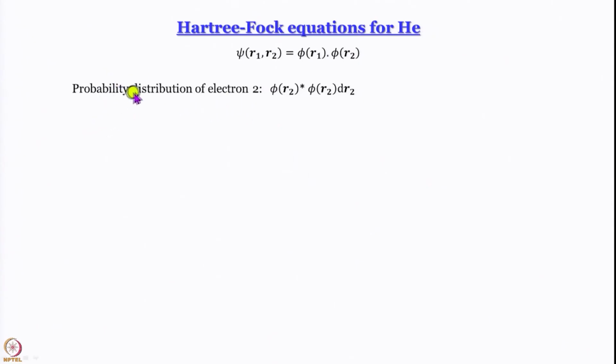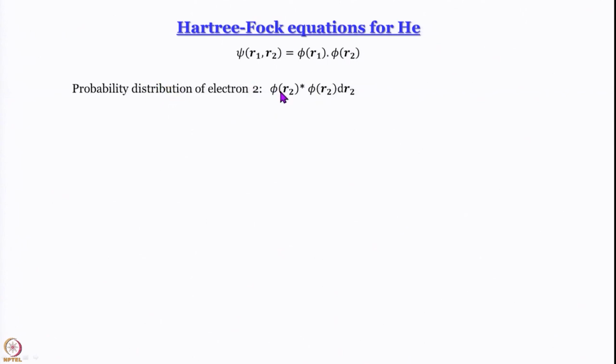We note that the probability distribution of electron number 2 is phi star phi dr2. We are talking about electron 2, right. So, this is phi, the orbital, written in terms of coordinates of electron number 2, that is bold r2. When I write r in bold letter, what I mean is that it could mean r theta phi or xyz or something like that. It does not mean one coordinate, it means the combination of all the coordinates for electron number 2. So, bold r2 would mean r2 theta 2 phi 2, something like that, or x2 y2 z2. So, phi star phi dr2, as we know, gives us the probability distribution of electron 2,